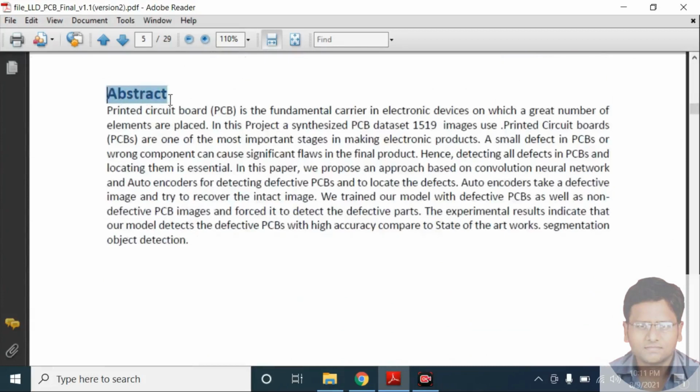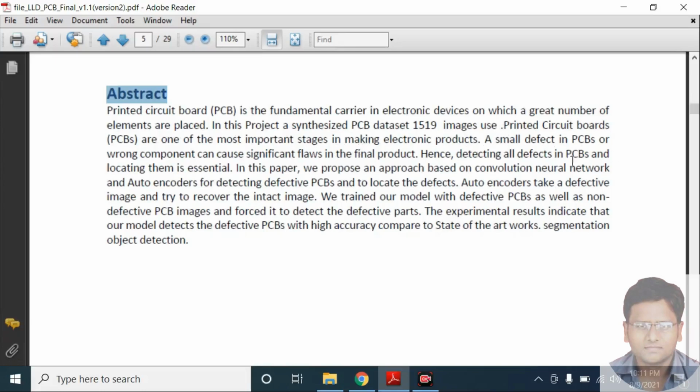Abstract. Printed circuit board is a fundamental carrier in electronic devices on which a great number of elements are placed. In this project, a synthesized PCB dataset of 1519 images was used. Printed circuit boards are one of the most important stages in making electronic products.